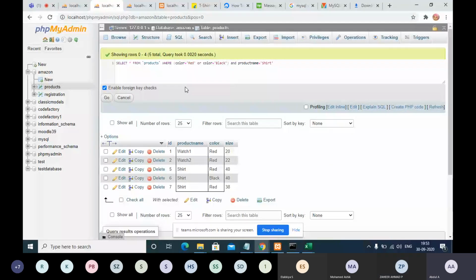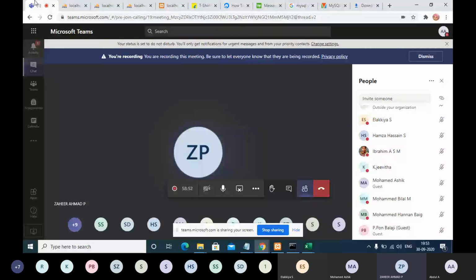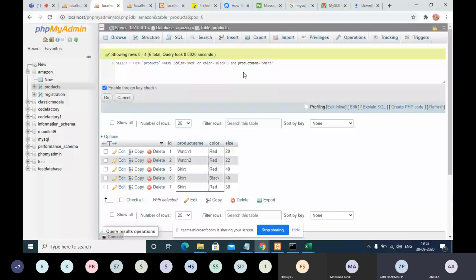That is why I am saying, if you don't use the brackets, it will take color is equal to red as one condition, color is equal to black as number two condition, and product name is equal to shirt as three condition.